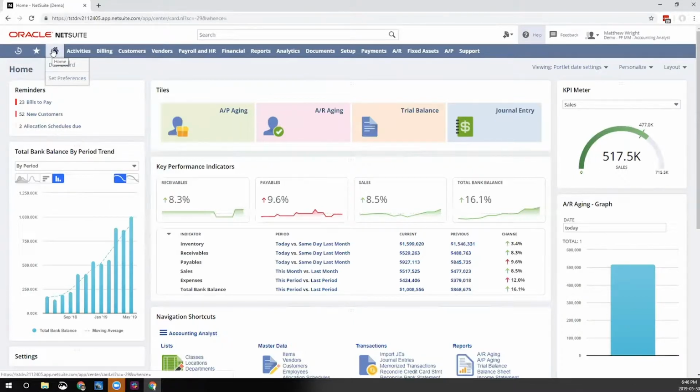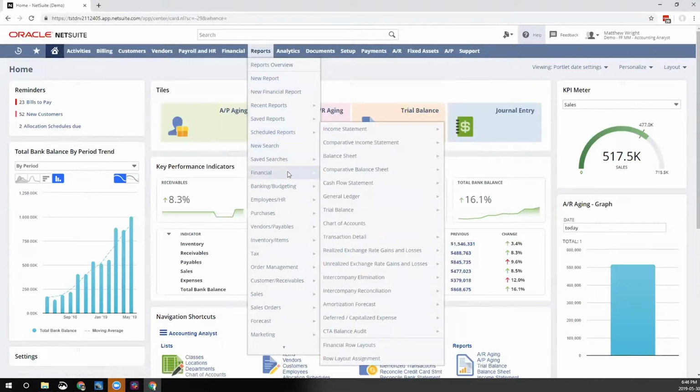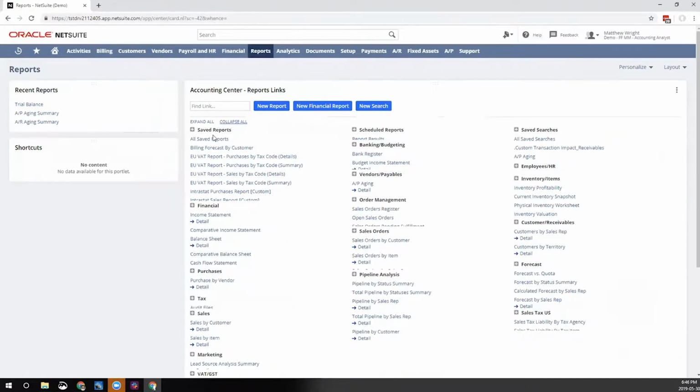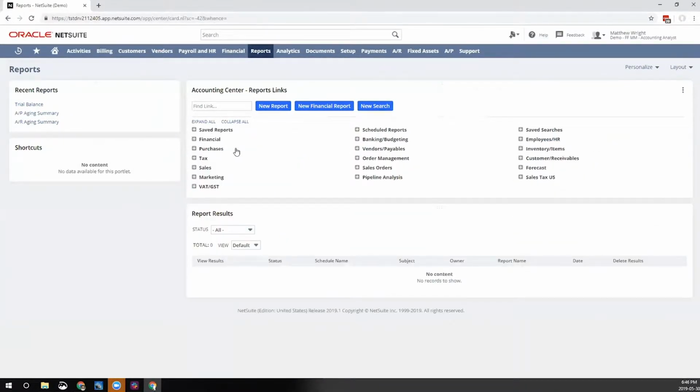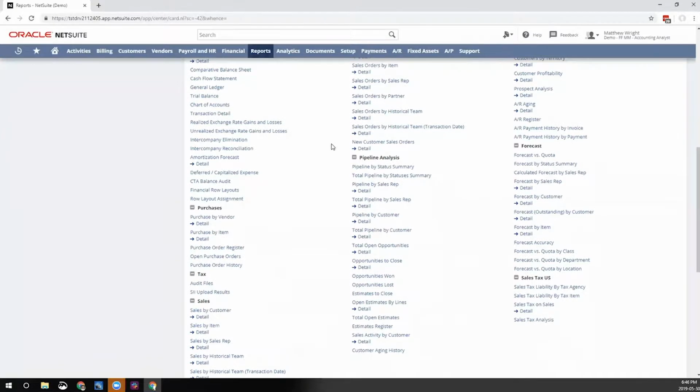Beside this, we also have centers. Now, each of these centers is essentially a collection of links and categories. So for instance, if I were to go over the reporting center, I'm going to see categories for my recent reports, my saved reports, as well as, let's say, for instance, financial reports that I'd want to access. But if this isn't the view I'd like to have of my information or my links, I can actually click on the center itself and see a dashboard view. Now, when we see all these categories, it's the same that we saw in that list, but now we see it obviously in a portlet. Now NetSuite, as I mentioned, comes pre-configured with hundreds of reports and saved searches. So we can start from these before trying to build something from scratch.